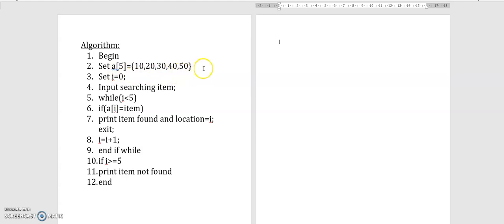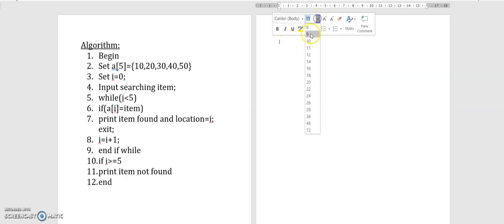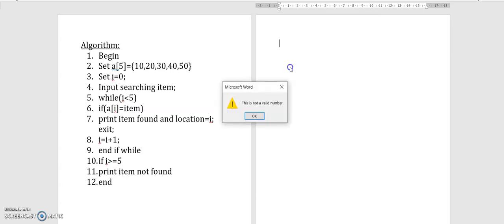Begin, A of I equal to 5. Let the input search item be taken as 30.